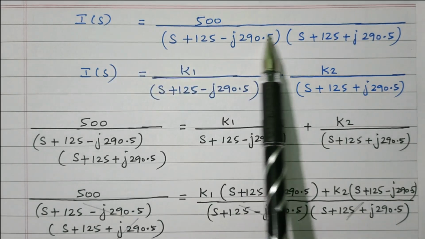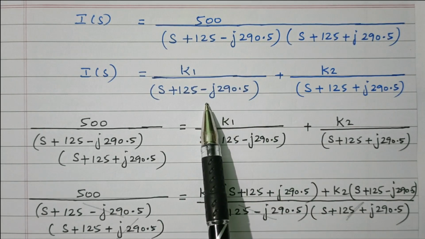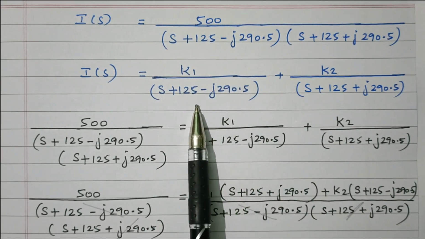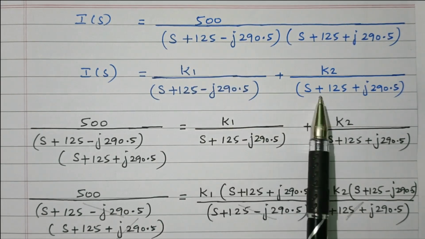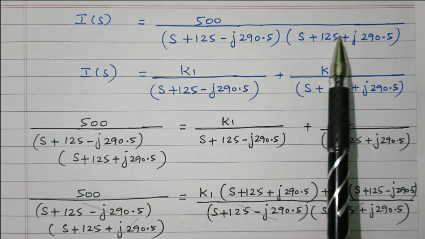So I of S is there. In order to take the inverse Laplace, we need to convert into partial fraction technique, so that we are able to take the inverse Laplace. We cannot take the inverse Laplace of this form. So this equation can be written as